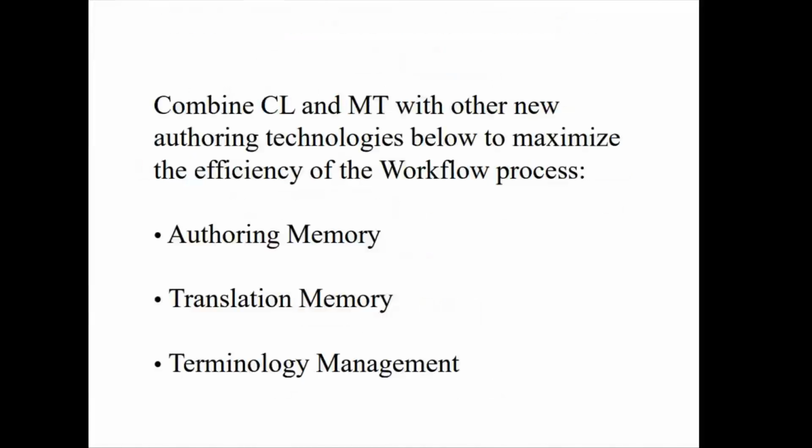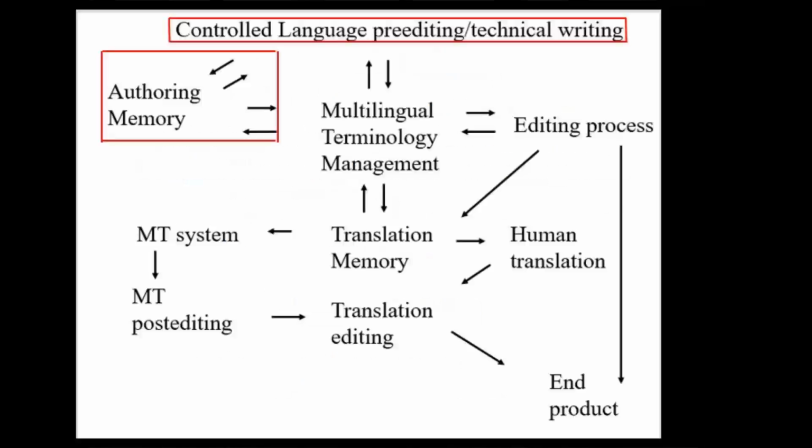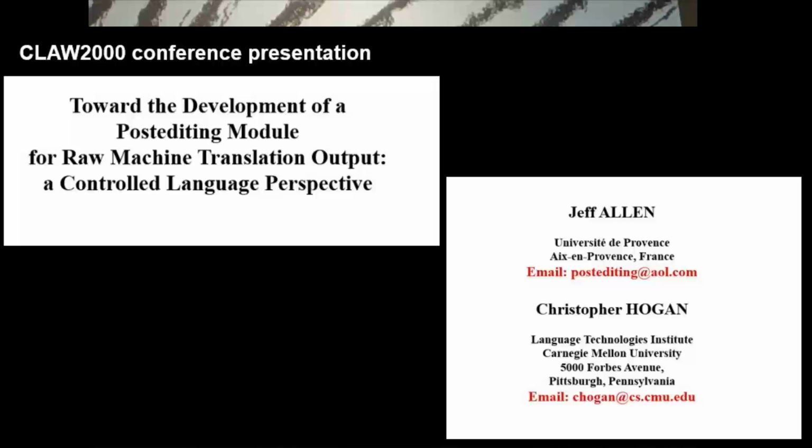I had a graph, and I explained how all the different translation memory and machine translation pieces worked in a translation workflow. And I believe in that one I mentioned authoring memory. It's kind of there. But I did mention it a little bit later, for sure, because the following year, in 2000,